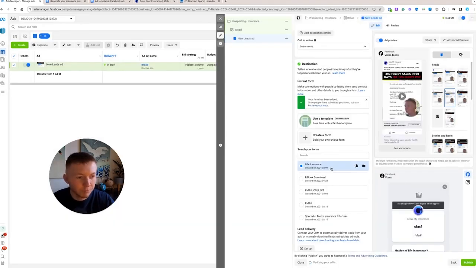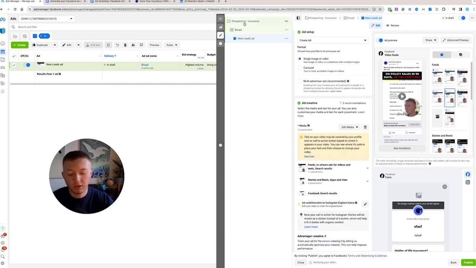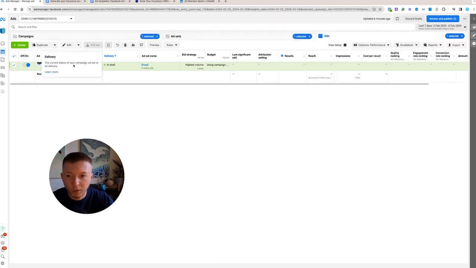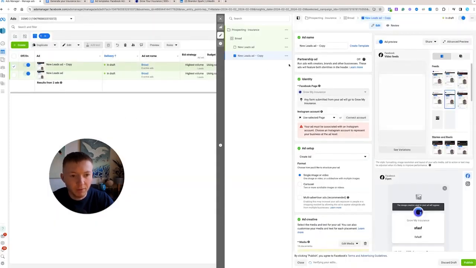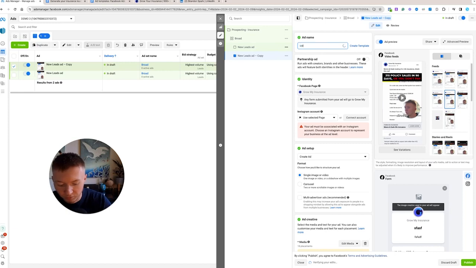So once you've got your ad, what you've got so far is a new campaign. You've got yourself a new ad set, and you've got yourself a new ad itself. What I would do from that, once you've gone over to the ads page, I would then duplicate this, duplicate the ad, and then the same. You want to add video 2. So you've